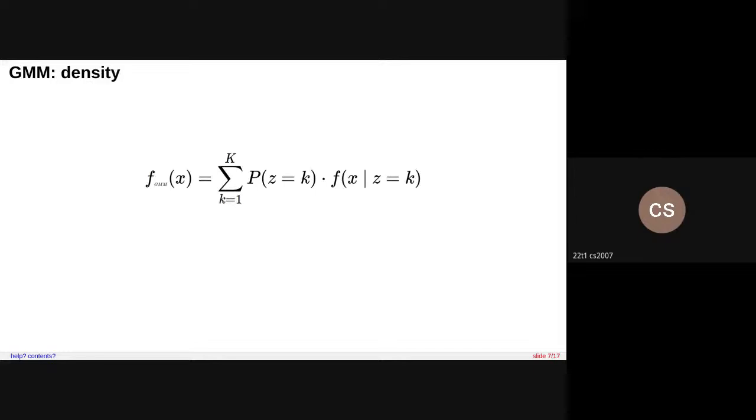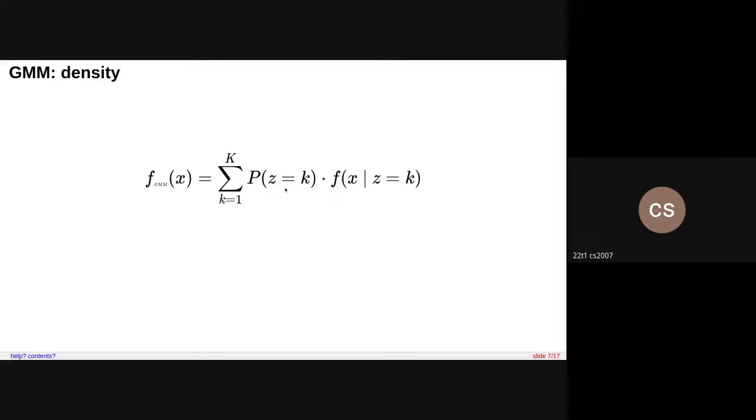Now we come to the density of a GMM. Again, if you remember the two coins in a box setup that we did, this is very similar to that. Instead of two coins, there are K coins, though you can't call them coins any longer. There are K mixtures, and the point X could have come from any of the K mixtures. We only know the point X that is observed. We have no idea what mixture it came from. Therefore, we have to do this summation,